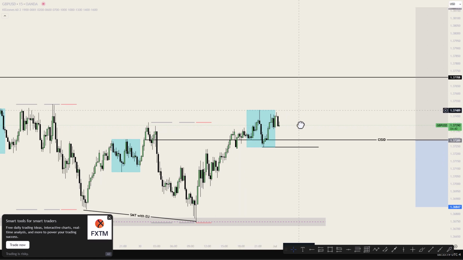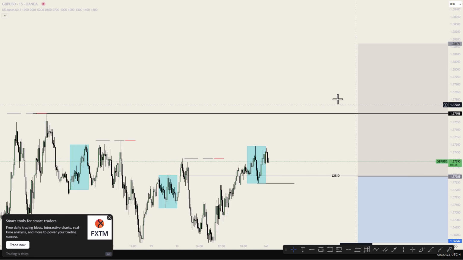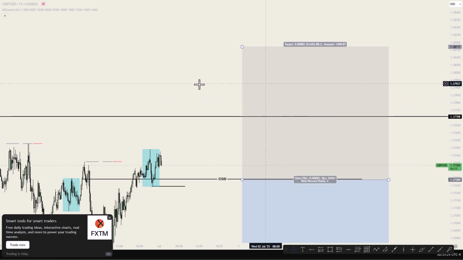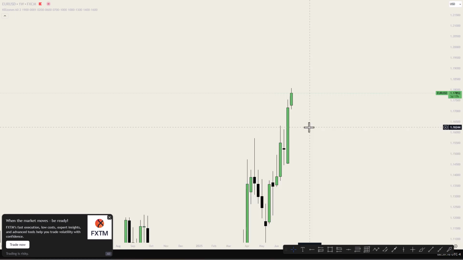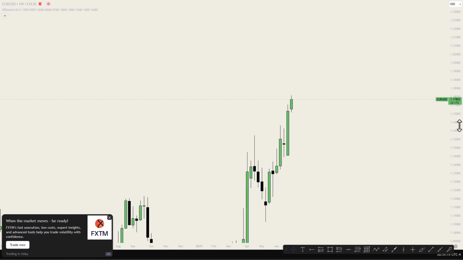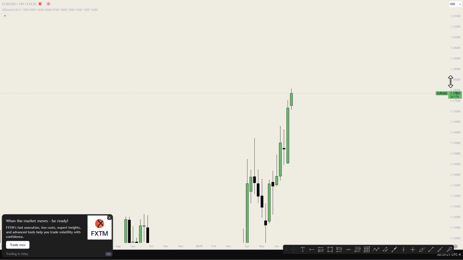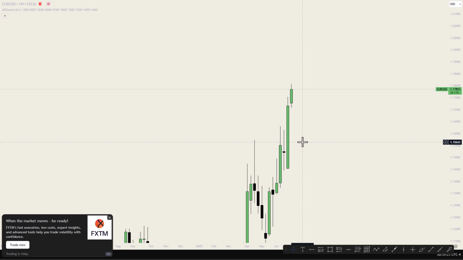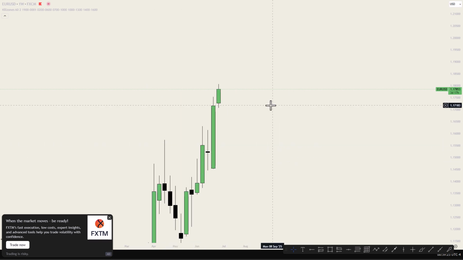I'm buying, but I'm expecting price to continue bullish because on the 4 hours time frame, I can see I have my bullish trade. So let's go to the EU and see what the EU is doing. Here is EU weekly time frame, and we are bullish on the weekly time frame. We don't have much on the weekly time frame because we're going to be bullish if dollar is going to be bearish, seeking that draw on liquidity on fair value gap on the weekly time frame.